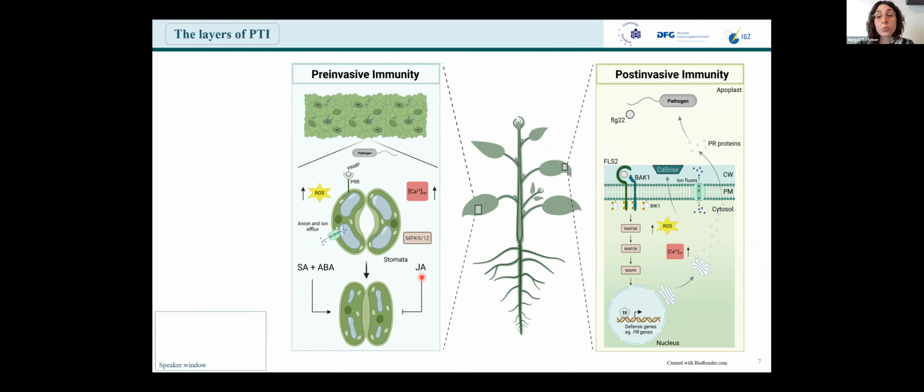Starting in 2006, Maeli Melotto from the Sheng Yang He lab was able to show that plants are actually able to actively close their stomata upon recognition of a pathogen, which led to the coining of the term stomatal immunity. In the past years, more and more effector proteins, but also toxins that are released by pathogens were identified, mostly from the foliar pathogen Pseudomonas, as shown here, that do play a role in preventing stomatal closure in order to benefit the bacterial entry.